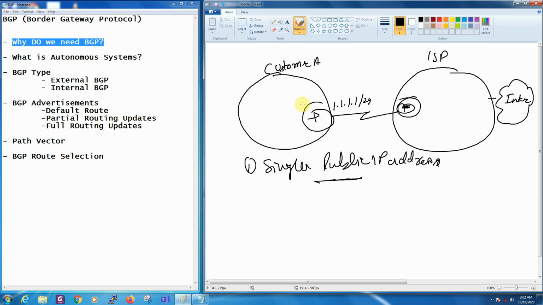No. Why? Because we just need one default route to route all our traffic which does not belong to our networks to my ISP router, right? And then it is the ISP's responsibility to route that packet to its destination. And how are the internal devices of customer A able to access the internet? Because they use